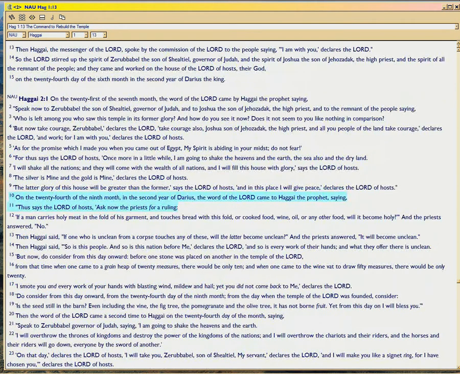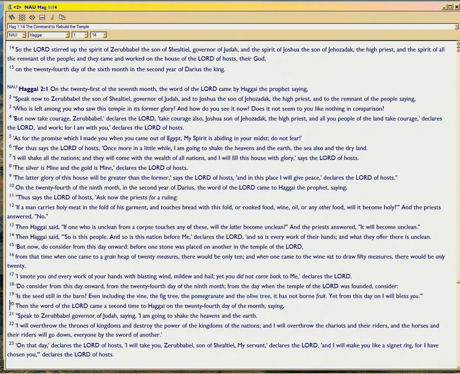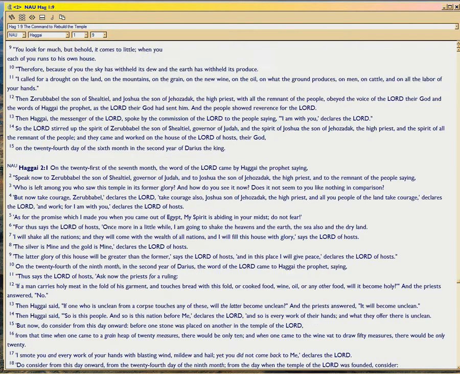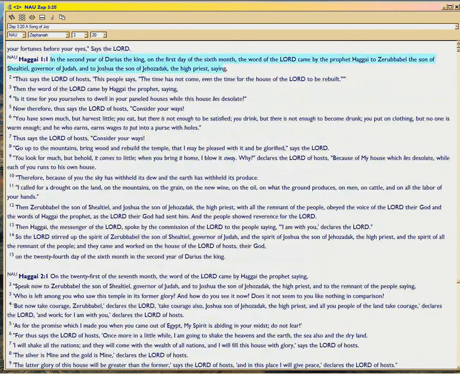Now look. In the second year of Darius, again, this is 521, 522 BC, we have to fine-tune which of those two it is. On the first day of the 6th month, we just saw that, God sends Haggai to who? Zerubbabel, who, instead of being king of Israel, which was his right, he's son of Shealtiel. We saw that in the bloodline already. He is instead governor of Judah. That was the office he was given by Darius.